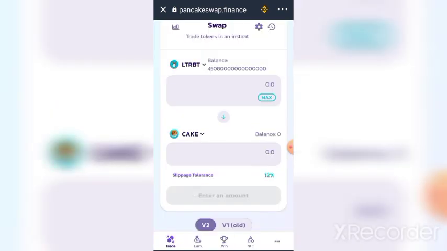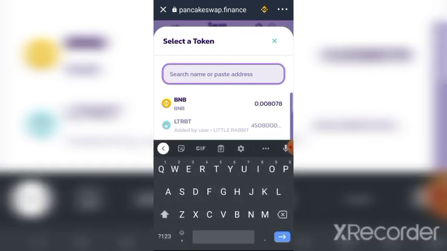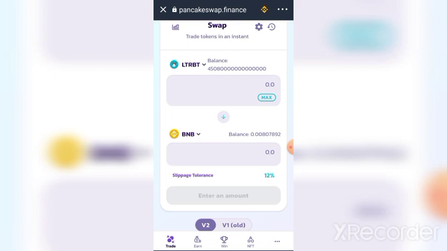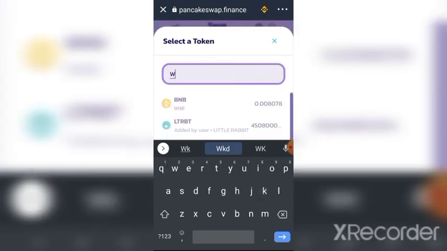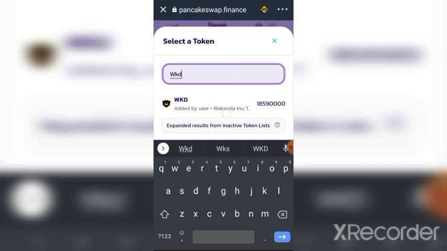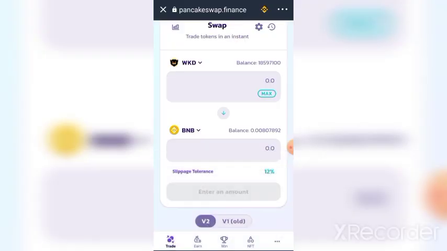I don't know why this is not changing. Okay, BNB is down. On top, you need WKD, so you're going to change this to WKD, the little rabbit. That's Wakanda Inu. Good. So Wakanda Inu is on top, BNB is down.